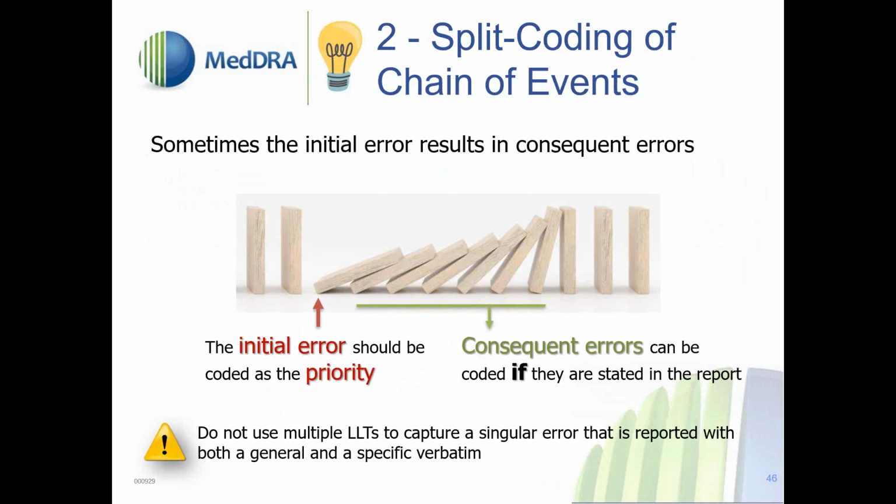This is in line with the general rule for coding of combination terms that refer to a general medical disorder that is further specified. As an example, if an arrhythmia is reported that is specified as atrial fibrillation in the given verbatim, one would only code the atrial fibrillation in order to capture the most specific information. The same holds true for medication errors and other medication use concepts.